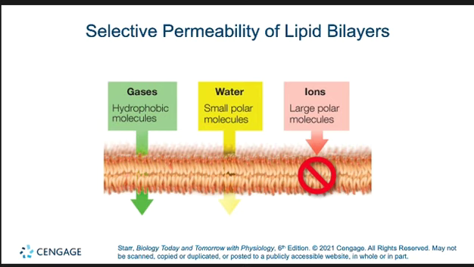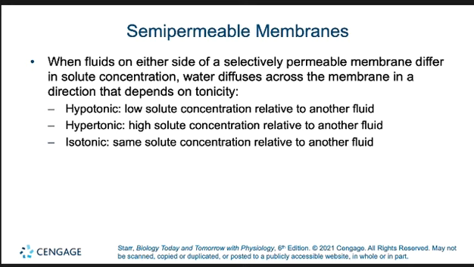If we have, let's go back for a second, okay? Let's say that we have a cell, okay? So we'll draw a cell in three separate situations, okay? A cell here, here, and here, okay? We'll put a nucleus in there, okay? All right. Now, we'll call this one isotonic, this one hypertonic, and this one hypotonic, okay? And then we'll use a different color for the water, so let's do that.